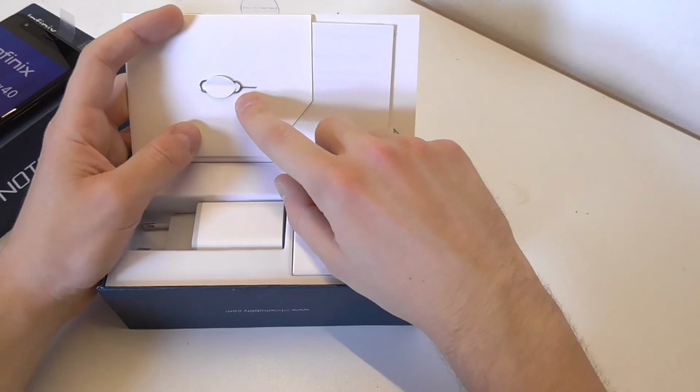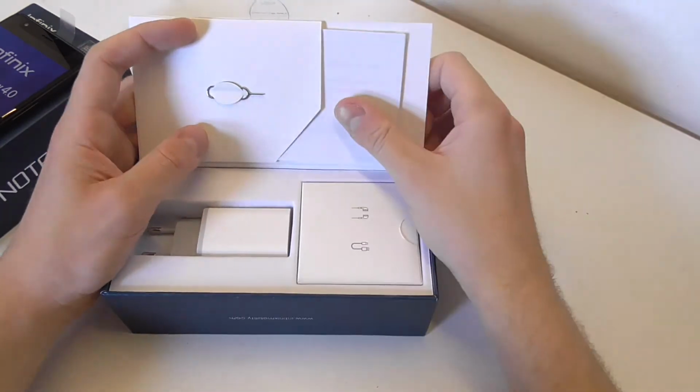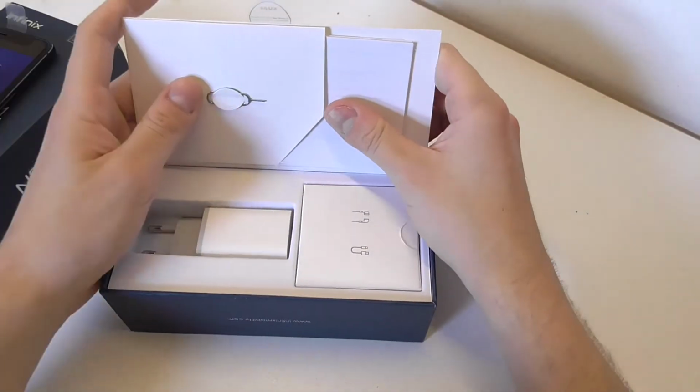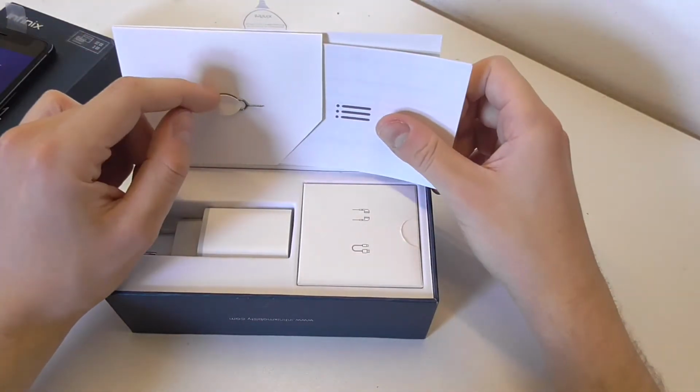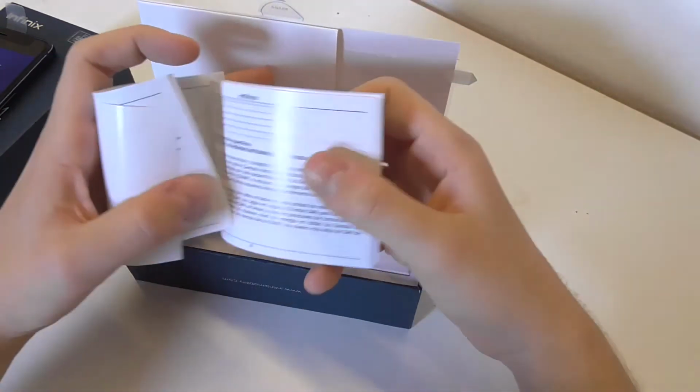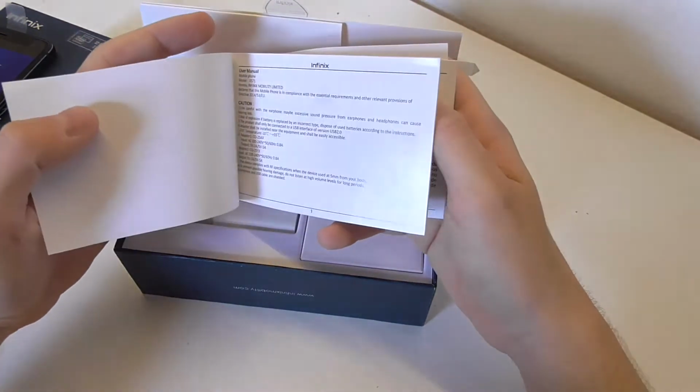We also got the SIM slot remover here, so you can open the little ports. On here you can see the hole. That's also for microSD, and yes, this phone does have a microSD slot. That's pretty nice. We got here the quick start guide, which guides you how to set everything up in multiple